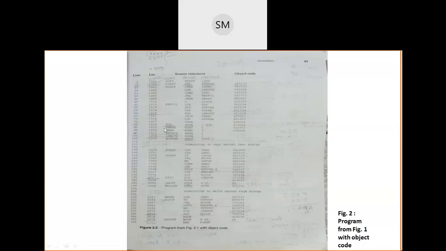30. Now, one second. Here RSUB is also 3 bytes. So 27 plus 3, and we get 2A. And at 2A, which instruction is there? Here EOF is there. You are going to load EOF. How many characters are here? 3 characters. EOF, 3 characters is equal to 3 bytes. So once again I add 3 here, and then I get 2D.